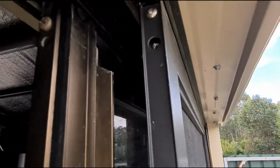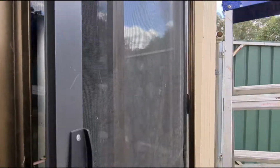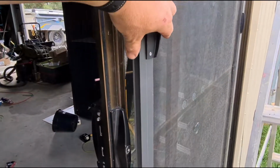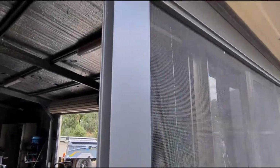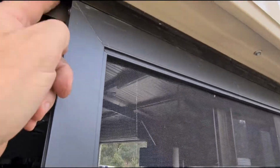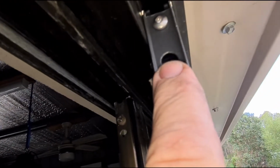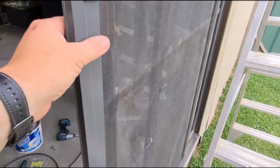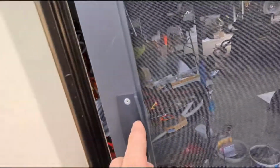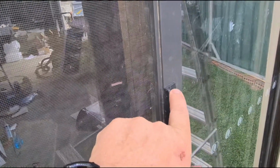It's on rollers, so the original one was a 1980s door. It had some plastic poppers and things like that, and it didn't really work very well. This one here has a little bit of a problem. It's not too bad. So it's got wheels on top, so the wheels fit in there. So you adjust them, just your flywire screen with the little screws in here, clockwise to push them up and anti-clockwise to push them down. There's 4 of them, and yeah, I took one of these off because they were both on one end, and they were on the wrong side for me. So I popped them both up